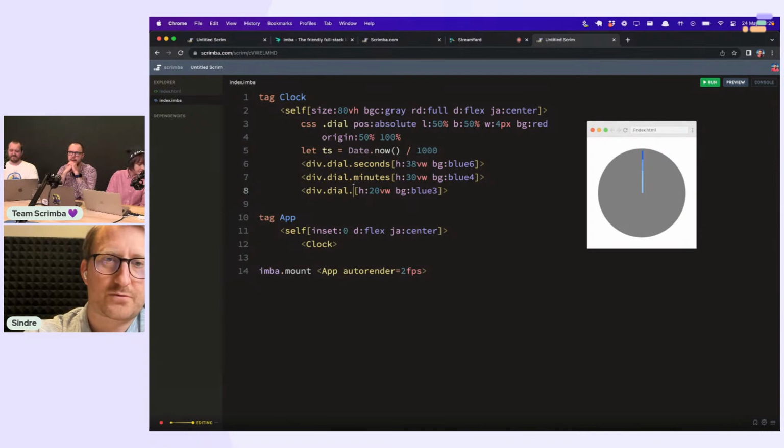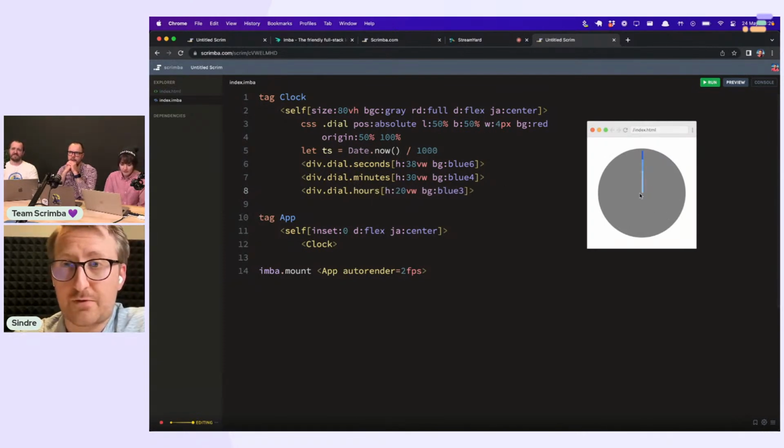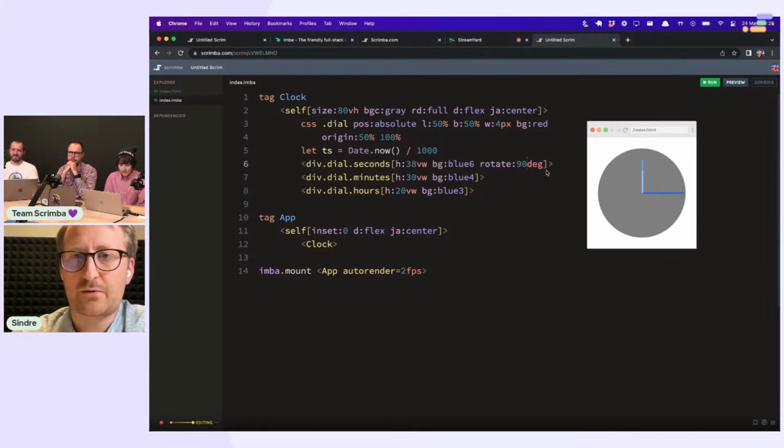Minutes, hours, just to. So we have the three. I tried to change it up so that they're actually on top instead. So they start at 0. If you see here, if I do rotate 45 degrees or 90 degrees, this should essentially go around. I'm using degrees. It's much better to use turns, I guess, because turns is an actual